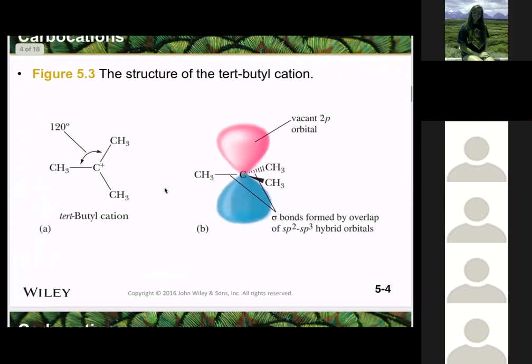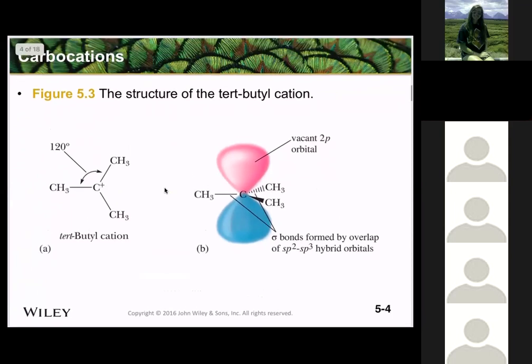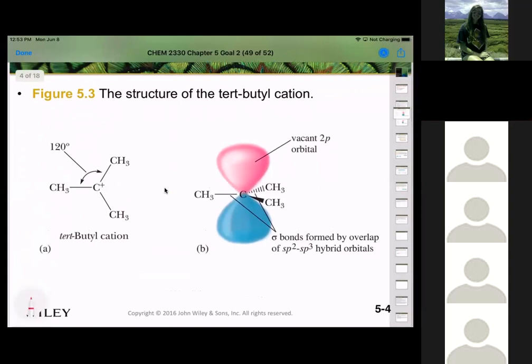So let's look at that trigonal planar structure here. The more stable a carbocation is, the more electron donating carbons it'll have. The next step in the reaction after you form this is that you can have something attack this part of the positive charge or this part of the positive charge, which will become very important in chapter 7. So we just need to recognize that that exists